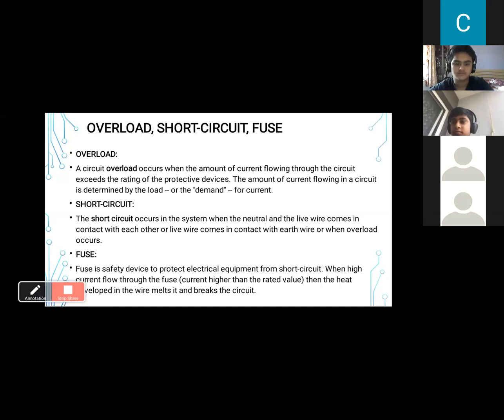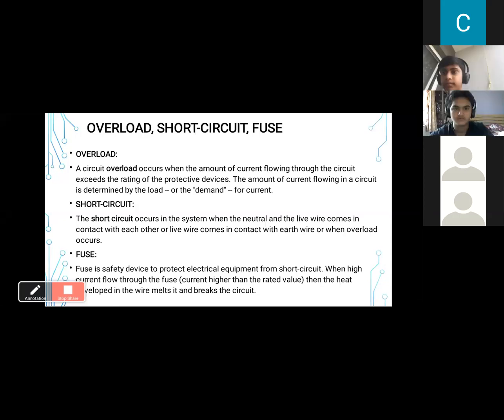Short circuit generally occurs when the live wire interacts with any of the other wires. For example, if the live wire interacts with the neutral wire, or the live wire interacts with the earth wire, because the current is being transferred from the live wire only, since we treat the live wire as the positive terminal. We'll be dealing with these wire questions and the earthing questions in the next session. Just ask me if you have doubts in all these three things.